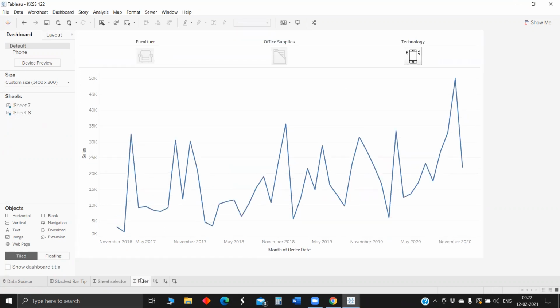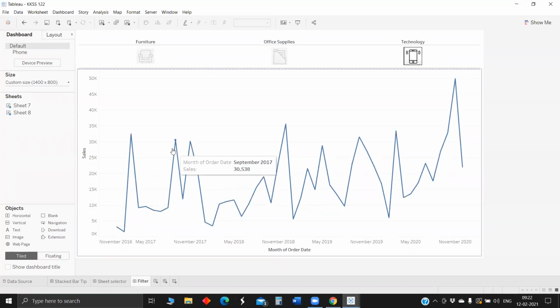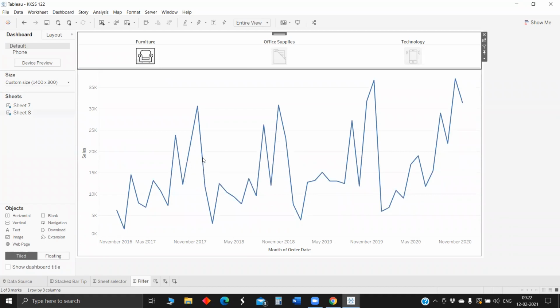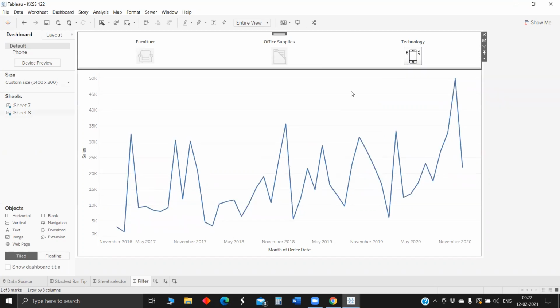And the third tip is filter action using icons. Here we have only one sheet showing sales across multiple categories. Based on the icon you select, once you select furniture, the sales trends will show for furniture, and similarly for the other icons. Generally all of this is possible with a drop down and filter action, but today we will see how to achieve this using icons and set actions or parameter actions to make it more user friendly. These are the 3 tips we will try to understand how to make in Tableau today.